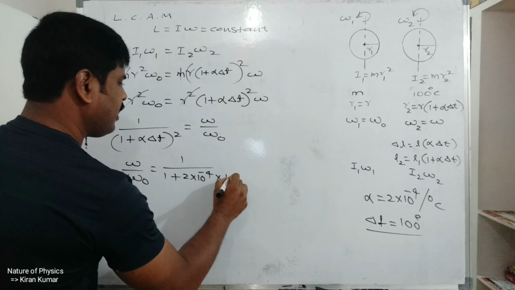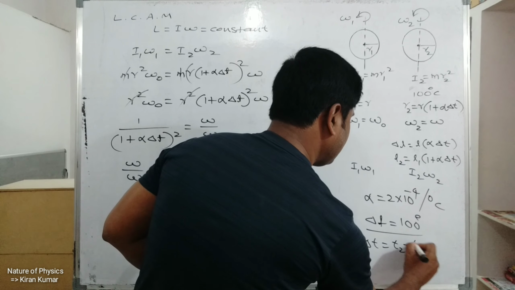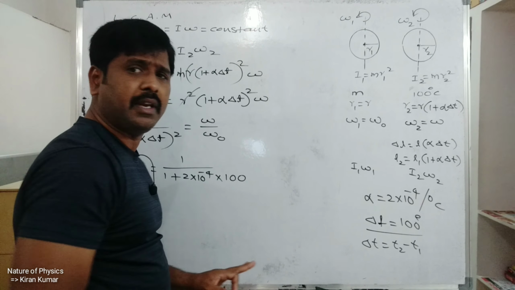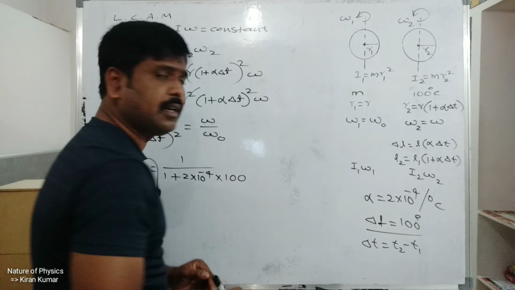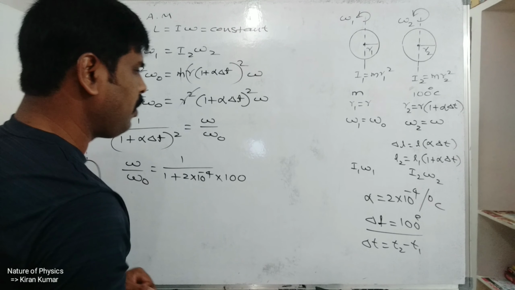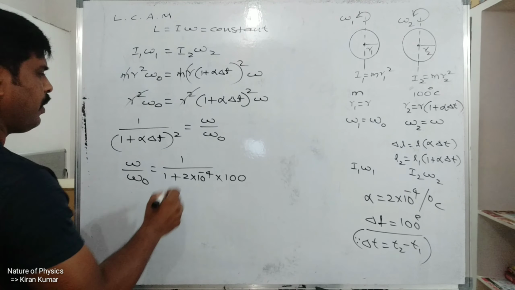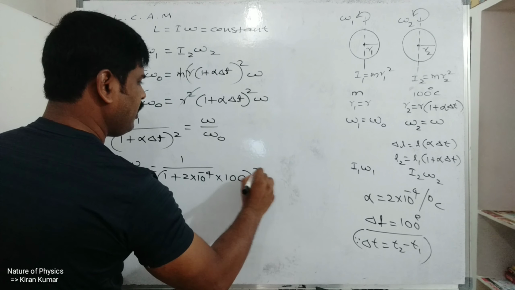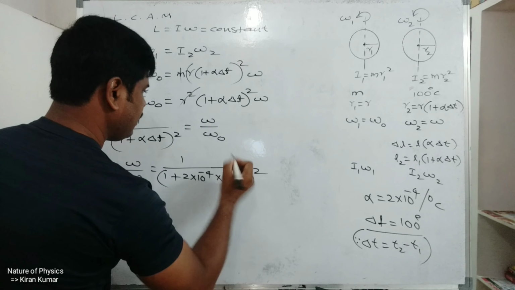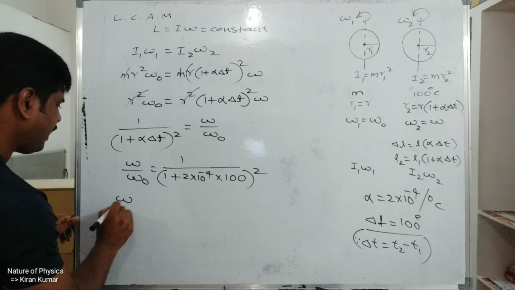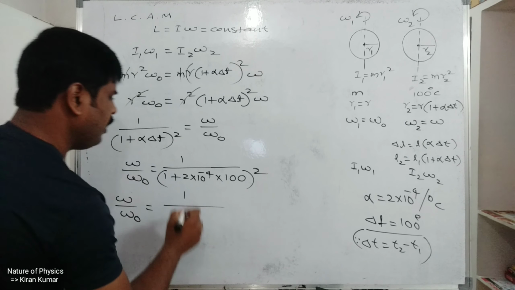Okay, so that 100 degree centigrade, delta T is nothing but T2 minus T1. Okay, so here T1 is neglected, only T2 is considered. T2 is 100 degrees centigrade. Try to understand. Okay, so this is taken like this. Now 100 degrees centigrade is taken, whole square in the denominator. So like this. Okay, so omega divided by omega naught is equal to 1 divided by, so this value